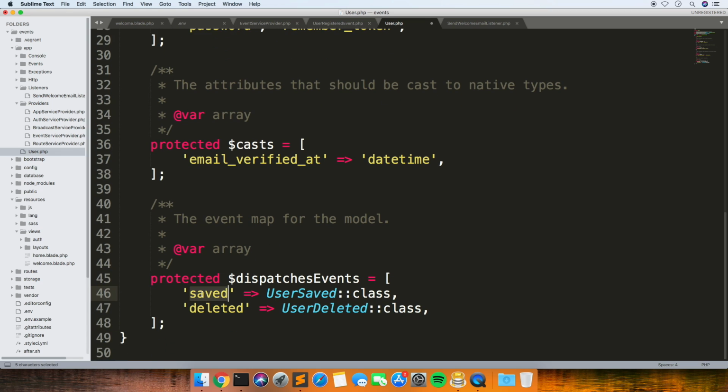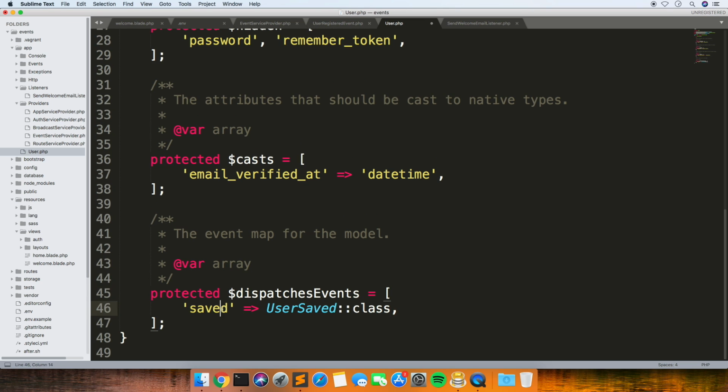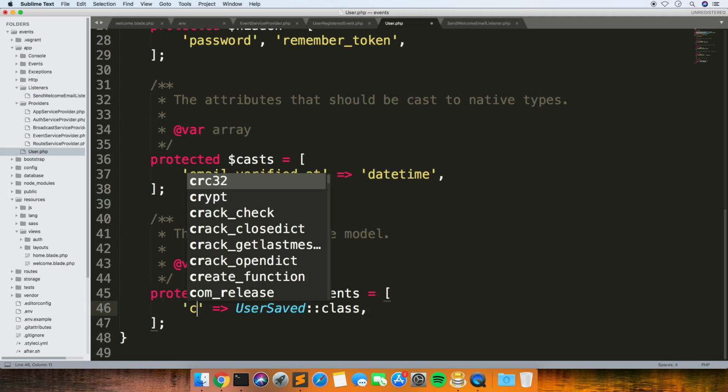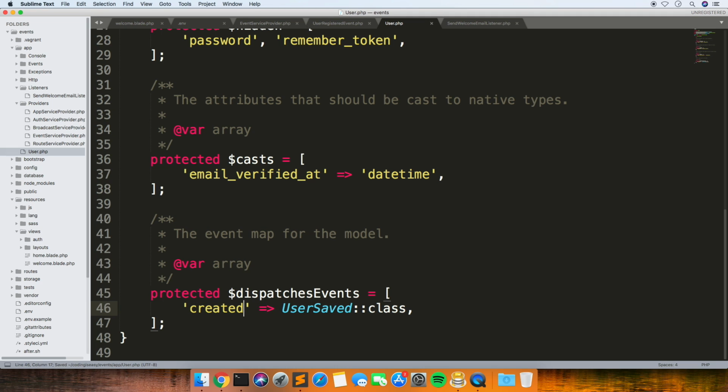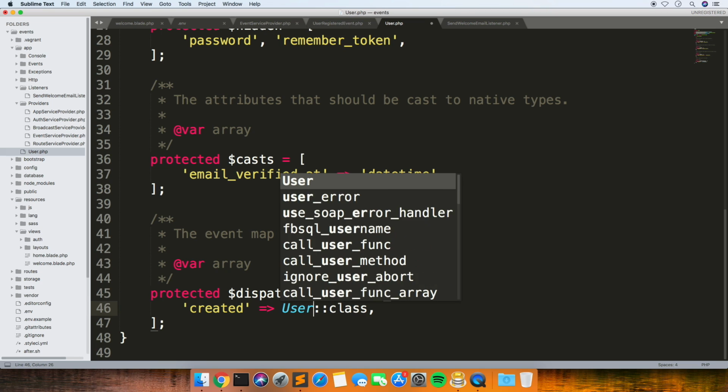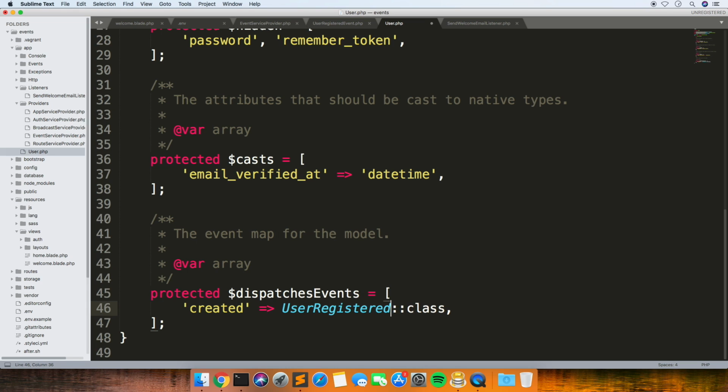and then what we want to do is get rid of one of these, and then on created, and then change this to our, what did we call it? UserRegisteredEvent. And just copy that.